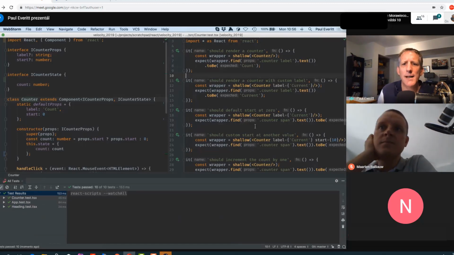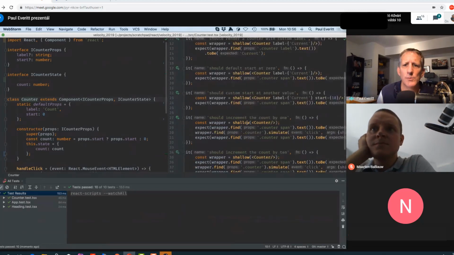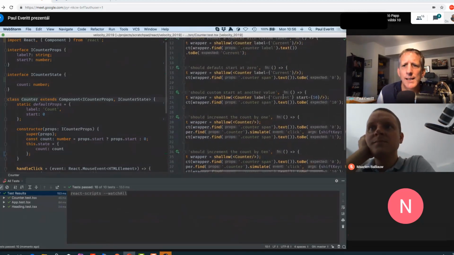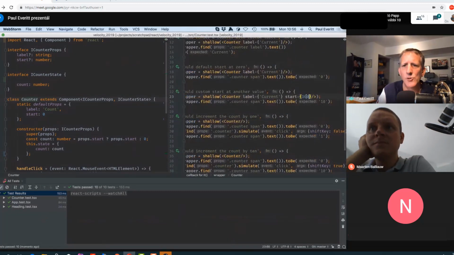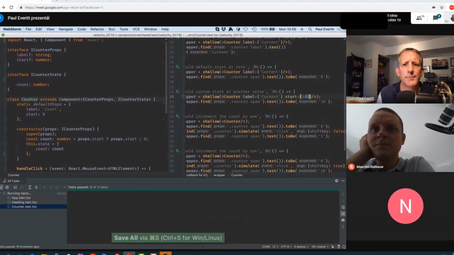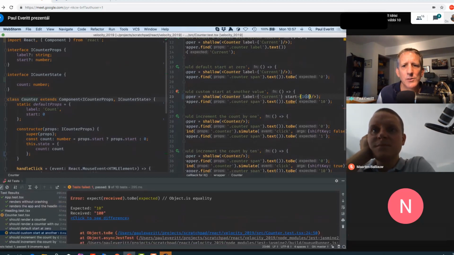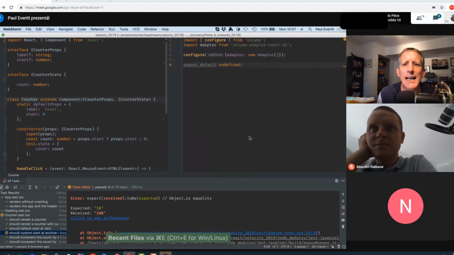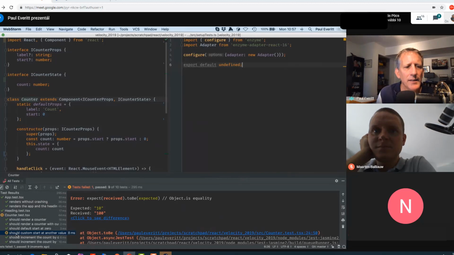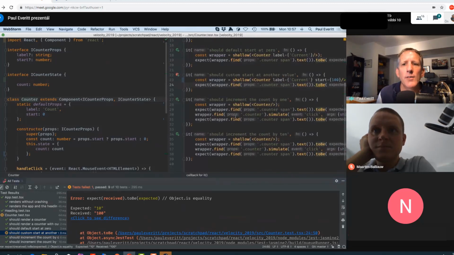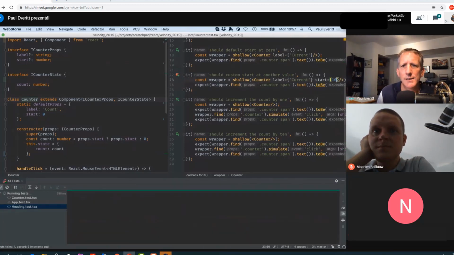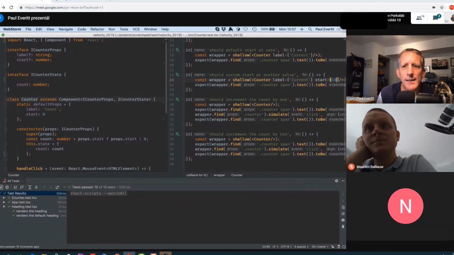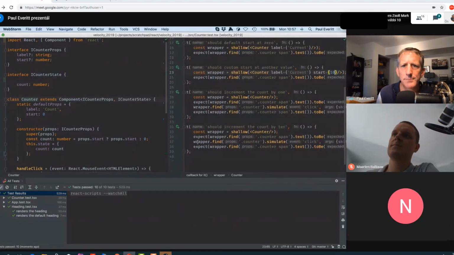And as I work on my test, for example, the default should start at possibly another value. And here I say 10. If I make this 100 and save, then I see that that test failed. And let's say that test failed, and over here, I'm not even in that test. I can go to the failing test, double click on it, and it will open on the line with the failure. And if I change this back to 10, I didn't even have to save, the test reran and passed, and all of my tests were passing.